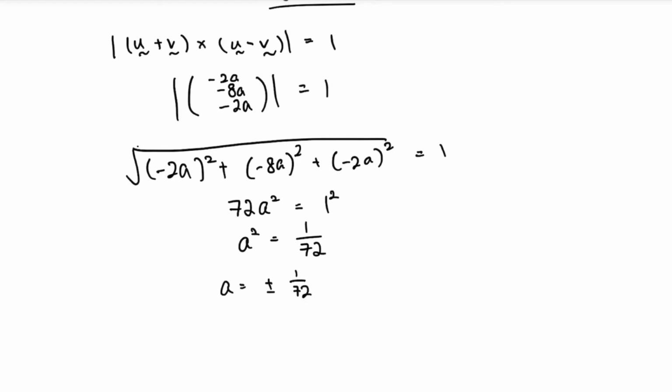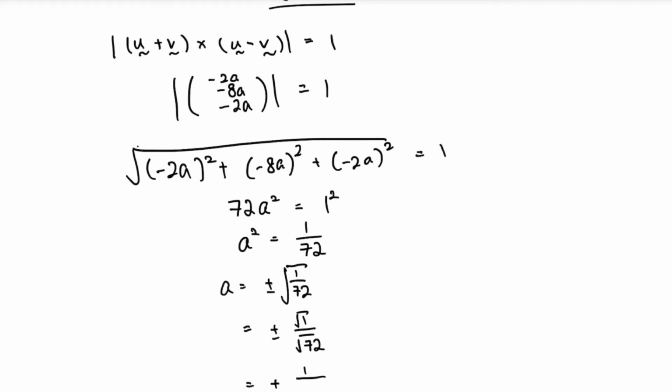So a is going to be plus minus the square root of 1 over 72, and you have to square root the entire thing. Whenever you have a square, it can be either a positive or a negative answer, so you have to add the plus minus in front and square root the whole thing. Go ahead and write this in simpler form if you want to. It's always good. So you have plus minus square root 1 over square root of 72. The square root of 1 is still 1, so you'll be left with plus minus 1 over